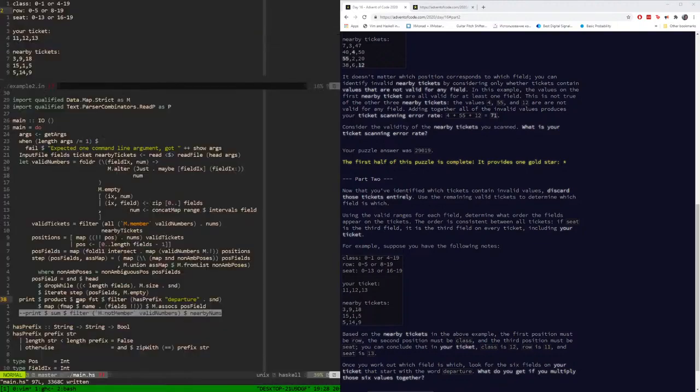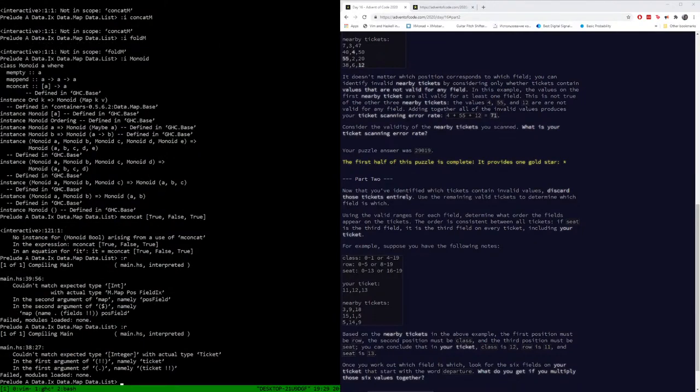Wait, we are not saying position here. So what we want to say here is map first. That's totally fine, but what we also need is to map ticket,